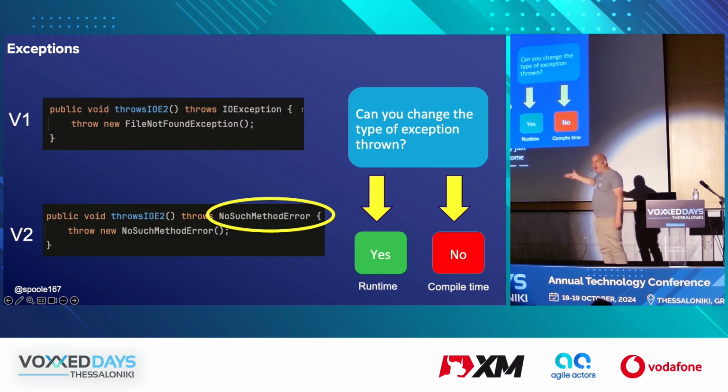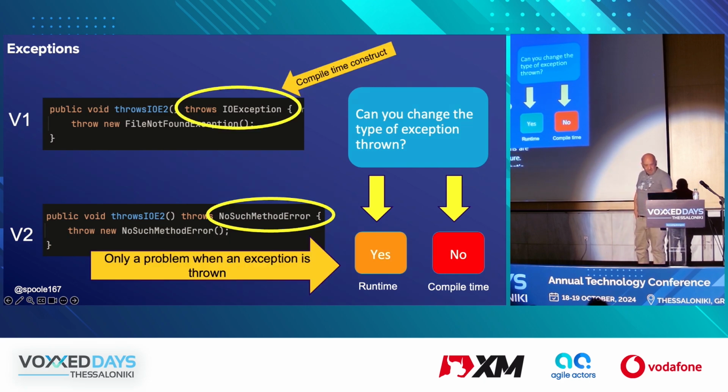There's no mapping of that. That's not what happens, right? I'll show you what happens in a second. The only time when things go wrong is when exceptions are thrown. But at compile time, the compiler will tell you off.